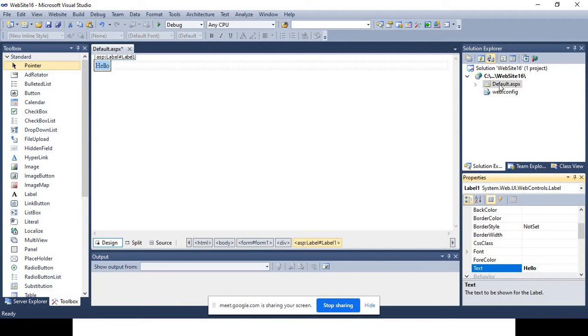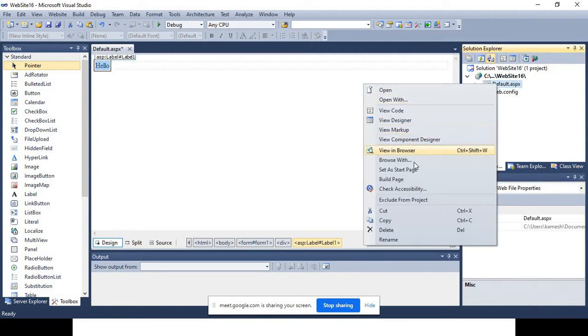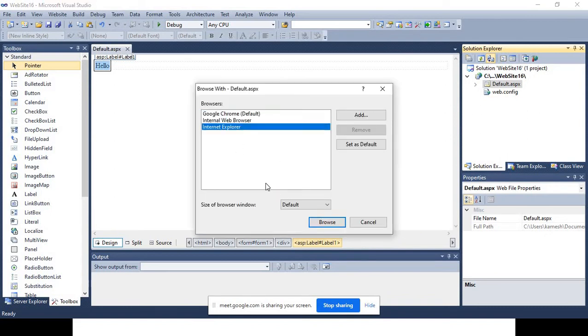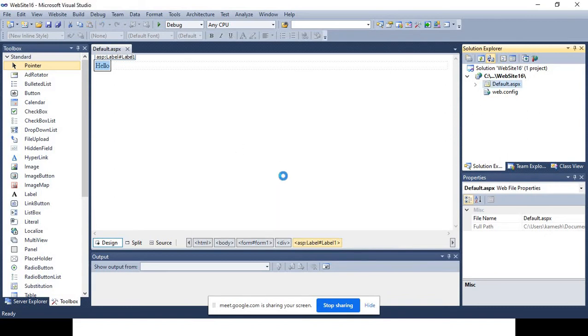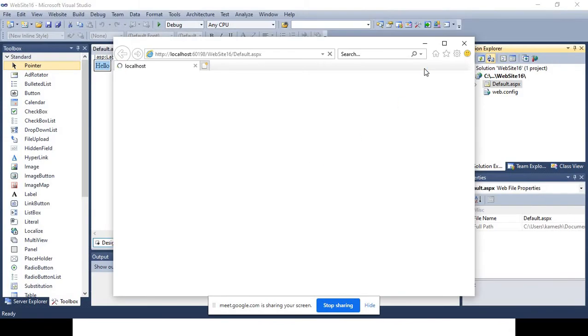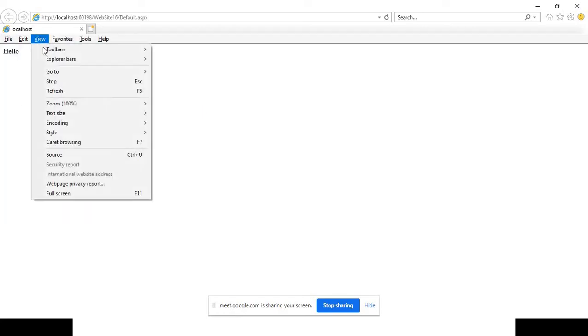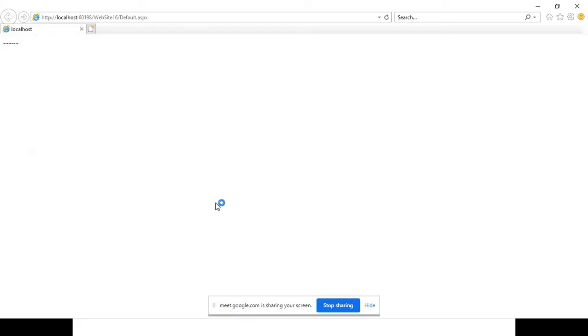If you run this page in Internet Explorer, and go to the source code of that web page, right? So here, in the source view,